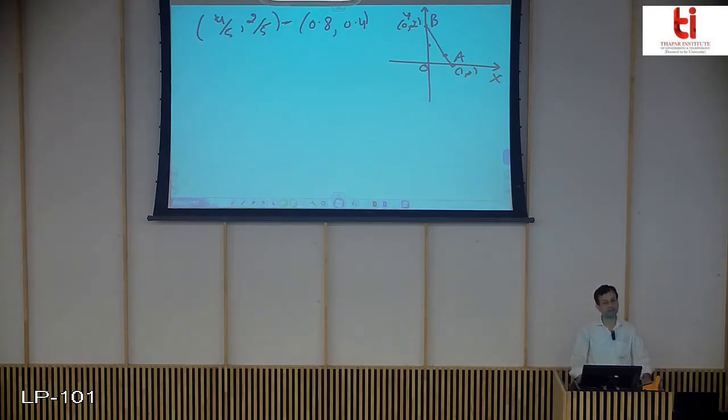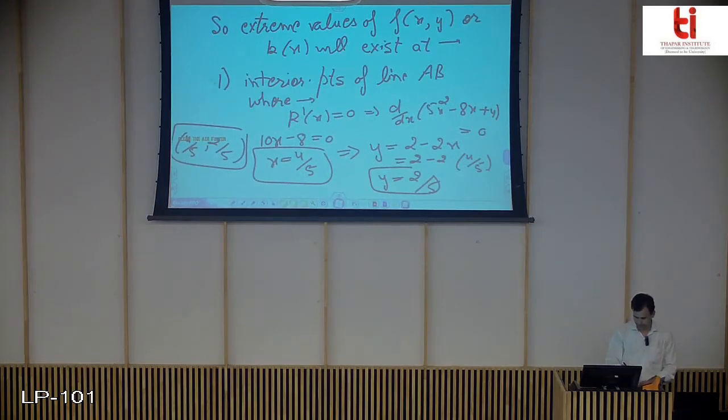No doubt it is a boundary point, because the whole OAB is the boundary of the given region, but since we have divided the boundary into certain line segments, now for the line segment itself we are looking at the endpoints and the interior of that line segment. So here we get the interior point of AB where the maxima or minima is. So now we get this point (0.8, 0.4), and we call it P1.